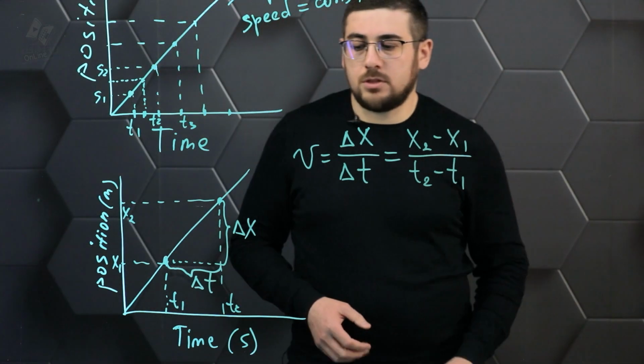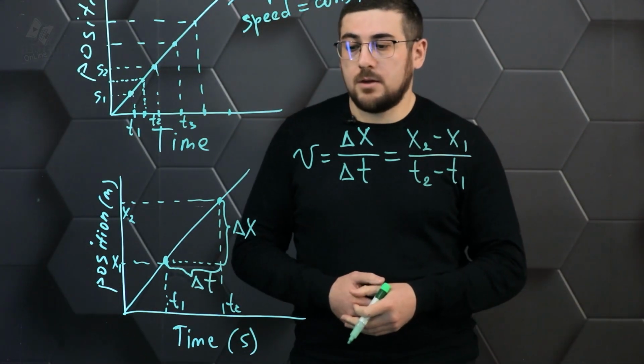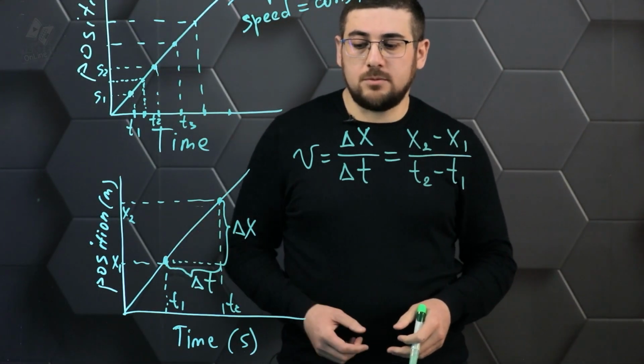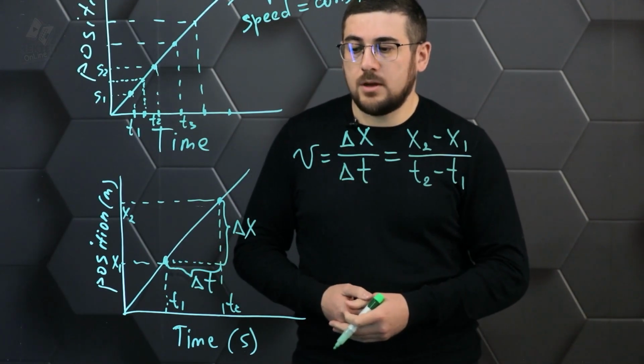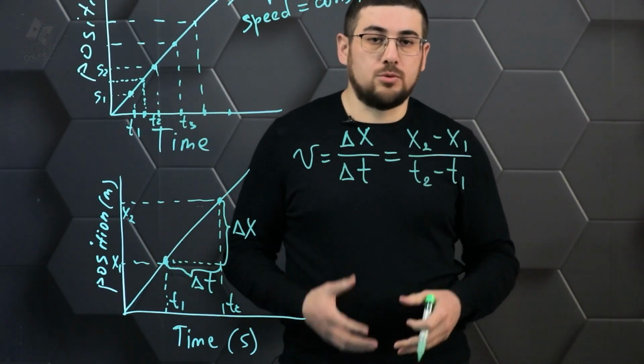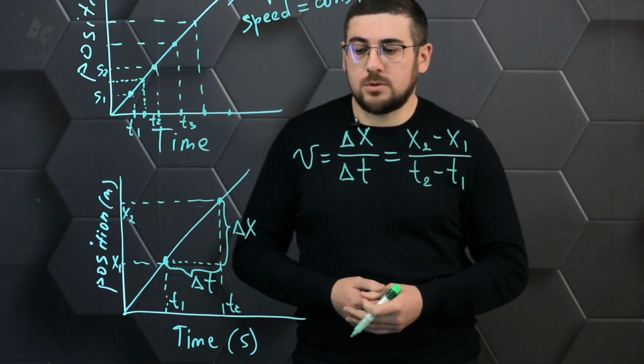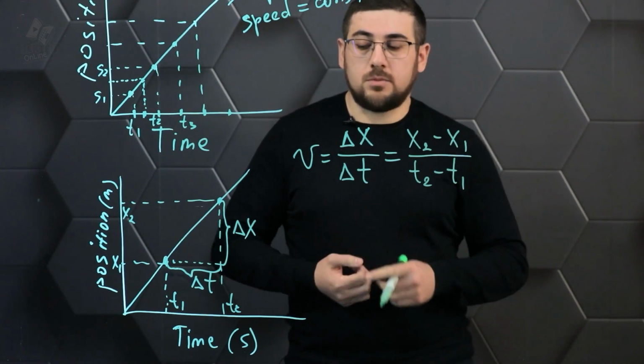Is the time for which this displacement was made. And thus, dividing this displacement by time, we get, respectively, the velocity of this object. Therefore, by any 2 points on this graph, we can determine, first of all, the velocity of this body, but